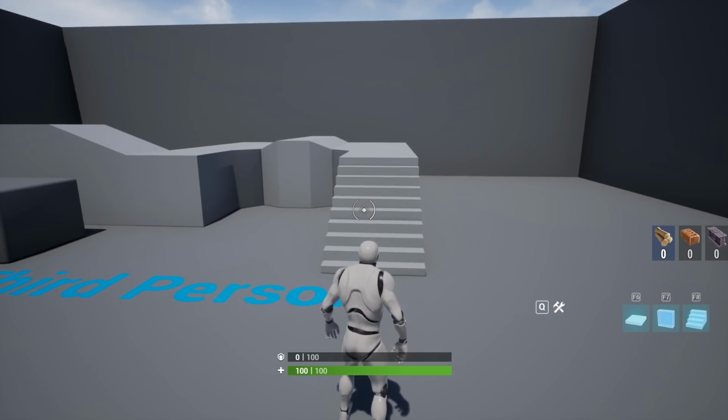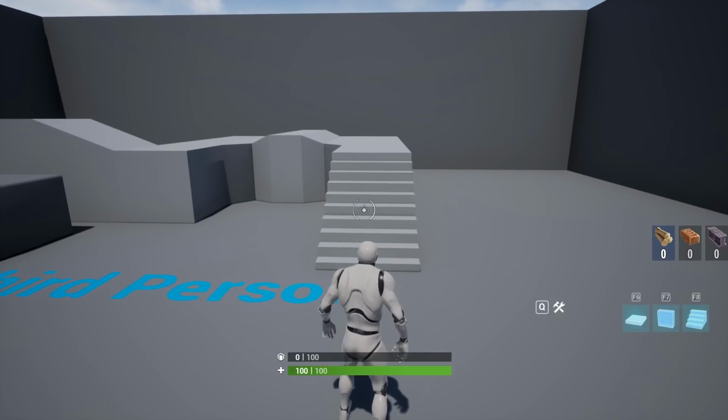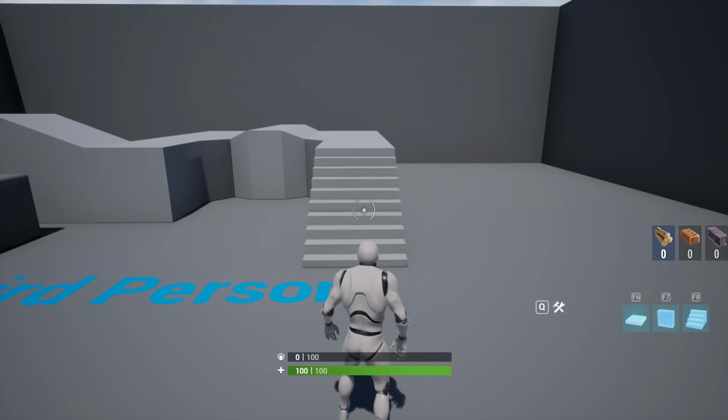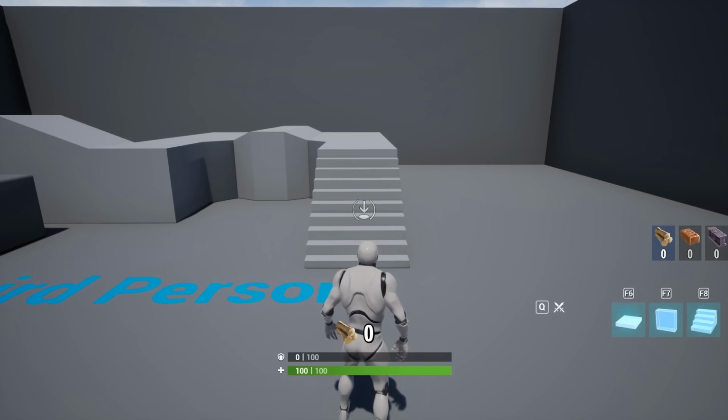Okay, now I'm in play mode. Currently we're in combat mode. We also see that our building widgets were created properly for F6, F7 and F8 with the proper icons. Currently they are pretty small. If we hit Q, the size of the widgets bumps up and also the opacity increases. Here's the comparison. So that's working perfectly, and that's it for this episode.